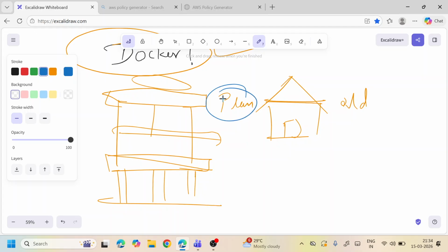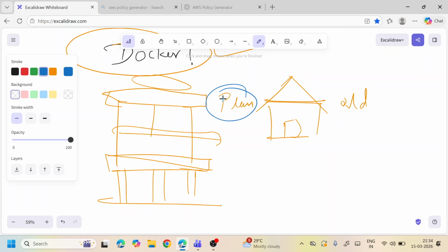So now our container is like a house. Before building a house, what do you do? You will go to an engineer and you will get the blueprint. So what do we call it as? The blueprint. It's a plan or architecture design, right? Yeah. Same way, first you should have a plan,